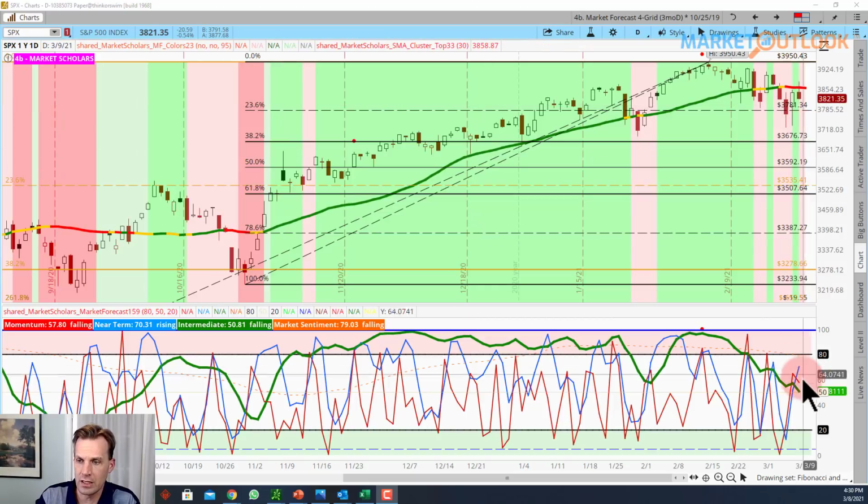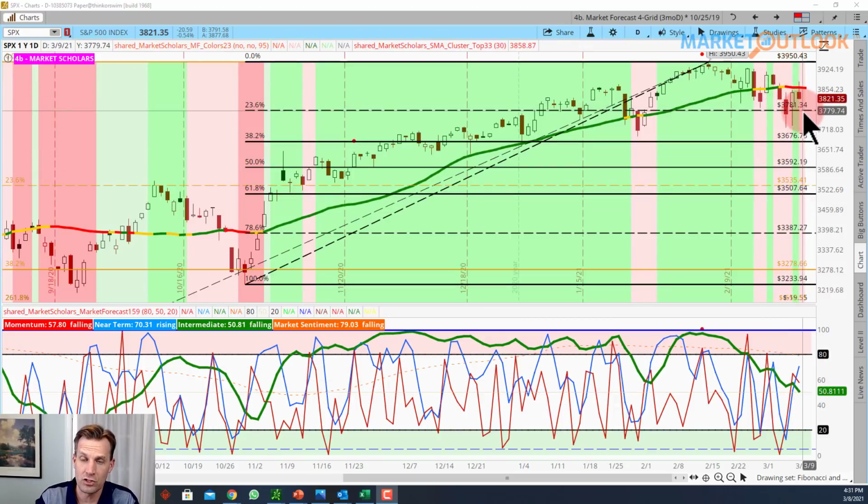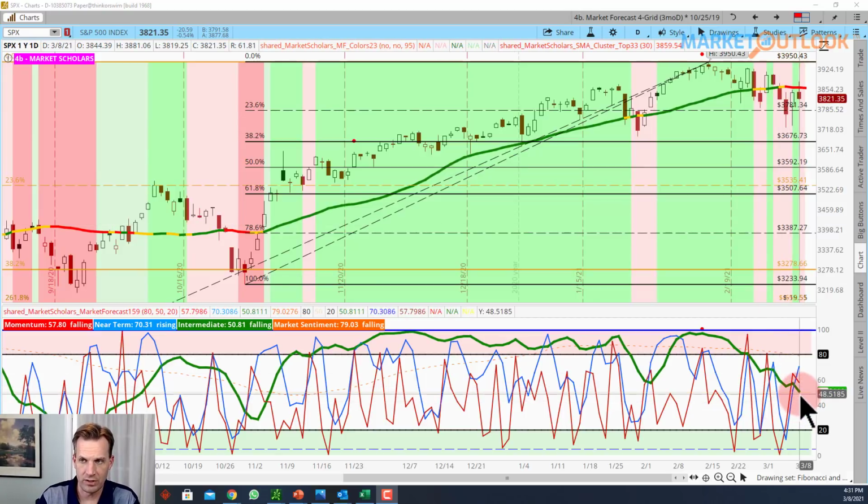But the down day did bring the intermediate line back down. So we went from dark green shading back to light pink shading. We are still above 50. Once it crosses below 50, which it looks like it has a pretty good chance of doing tomorrow, unless we have a really significant up day, then we'll have the dark pink shading,